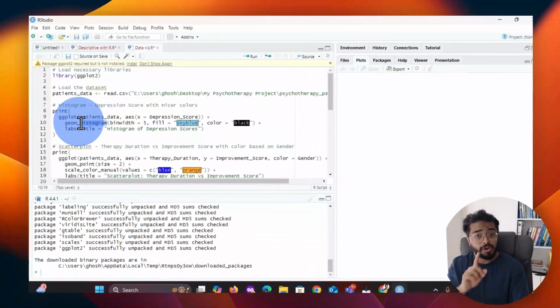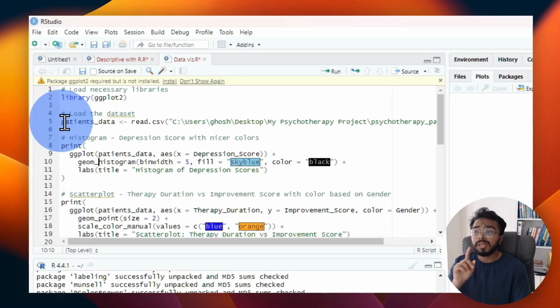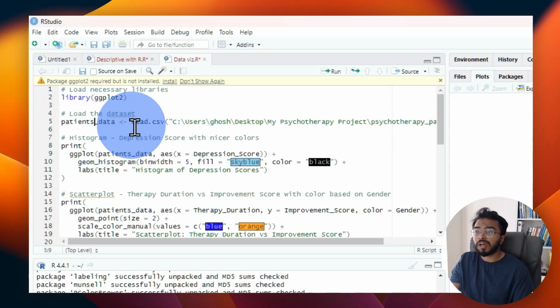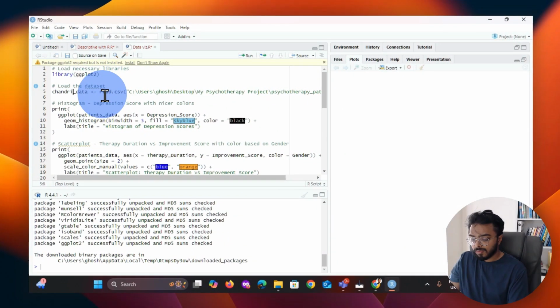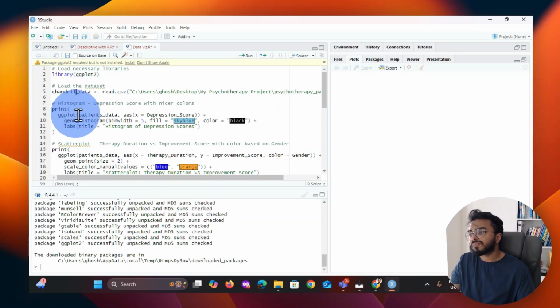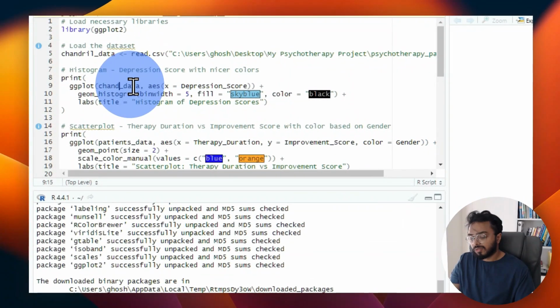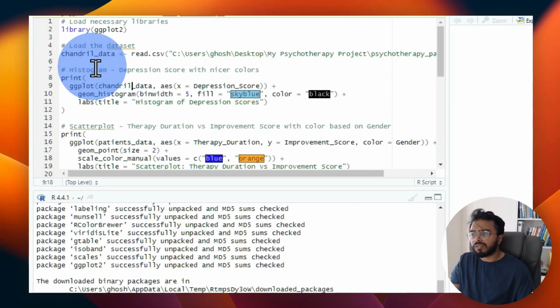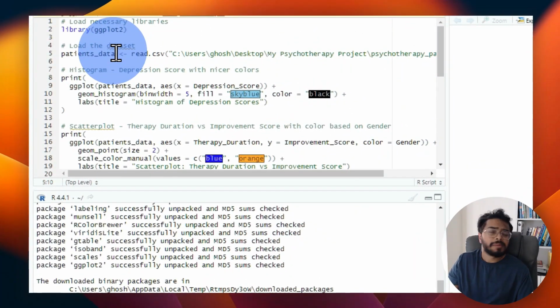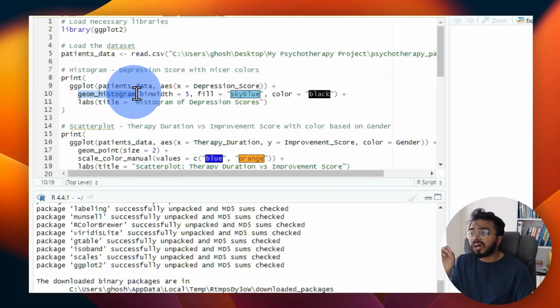Now these are not variable names, remember. The variable name was patients_data, and I could have named it anything. I could have said Chandril_data, of course, if I'm being consistent with it. For example, this will be Chandril_data as well, and for everything else, that's fine. These are variable names, and you can name them anything you want. But geom_histogram, aes, ggplot, print,